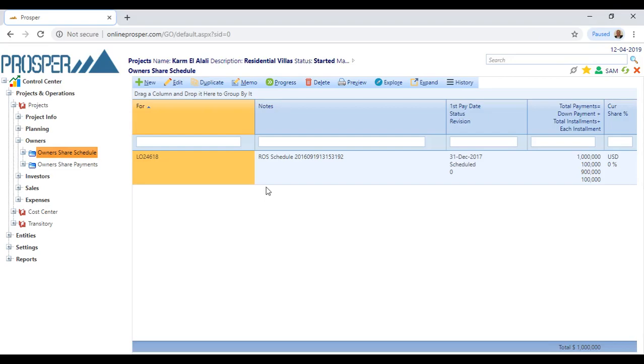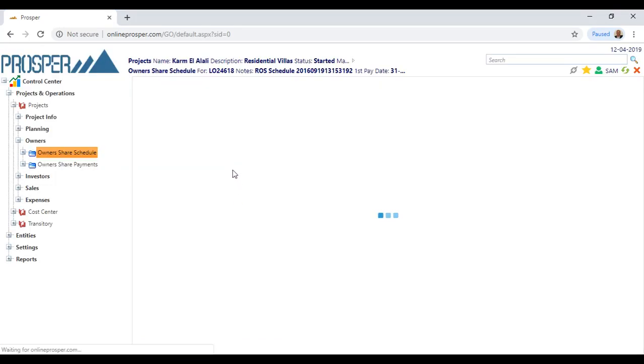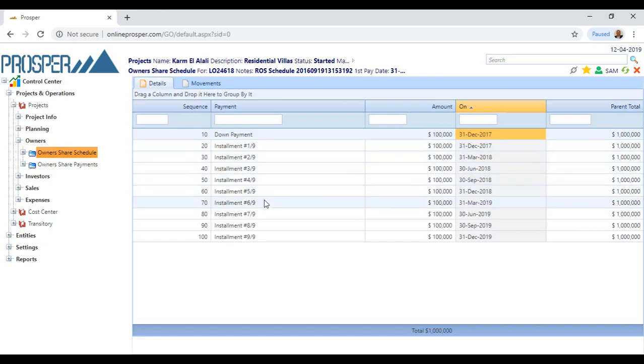So this is what we call the owner share schedule, and when you enter inside it, it will tell you the installments, how you decided to pay that share to the owner. Prosper allows you to do what we call financial engineering, to engineer how you're going to pay back the owner, because usually, if you're not going to buy the land in advance, you write a contract with the owner